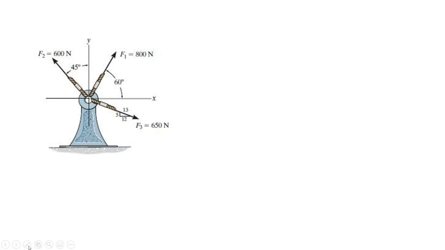So let's work this out. Another way that they teach you, rather than angles, is this little triangle called a similar triangle. It's a 5, 12, 13 triangle. I'm going to work this one out by myself so you can see how that's done, but you will help me with the 60-degree and the 45-degree. So I'm going to do a triangle like this. Let's just work it out up here.